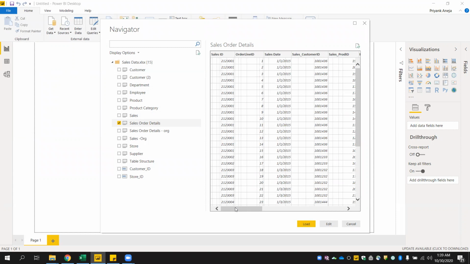If the data is sanitized and in proper shape and good to load directly, we can choose Load, or else we can edit it and sanitize the data and then later on load it into Power BI. So right now I'm going to edit it so that I can show you those steps as well.